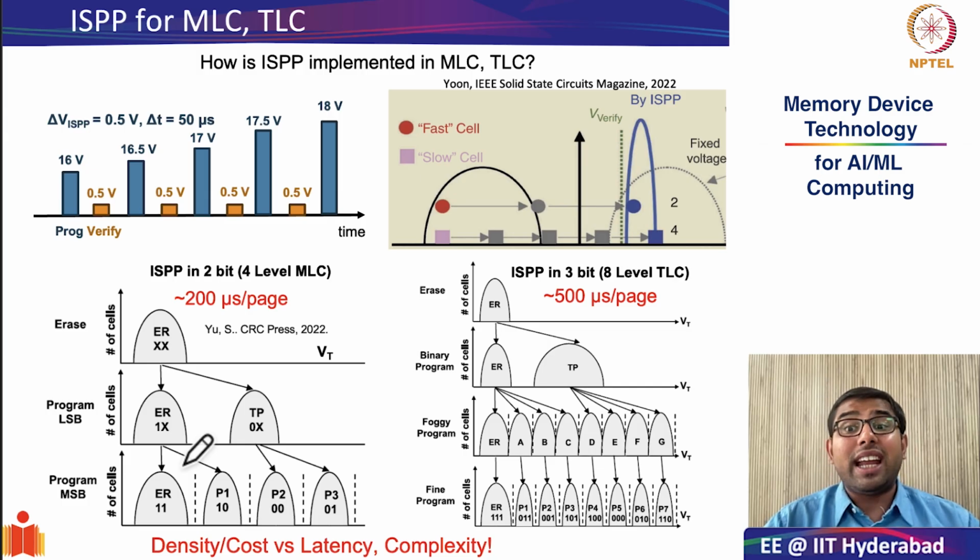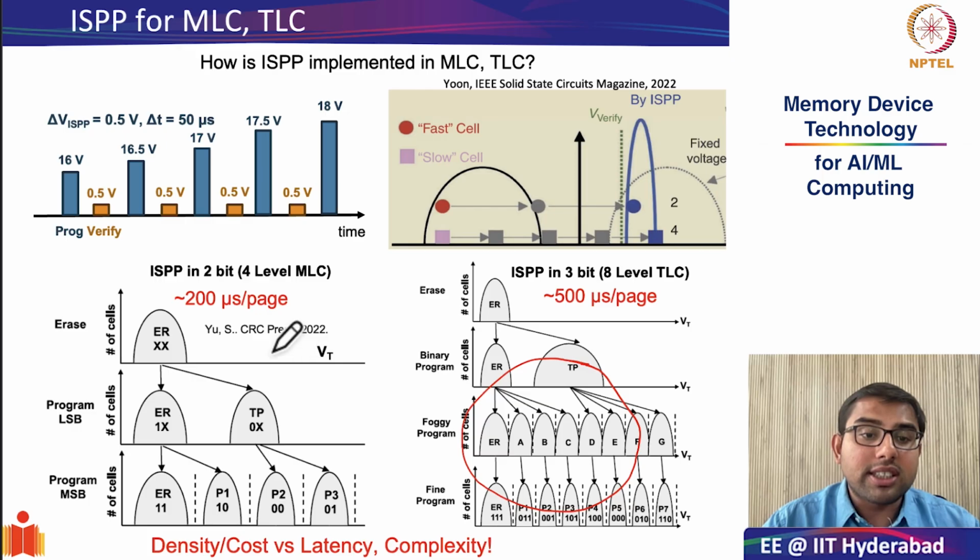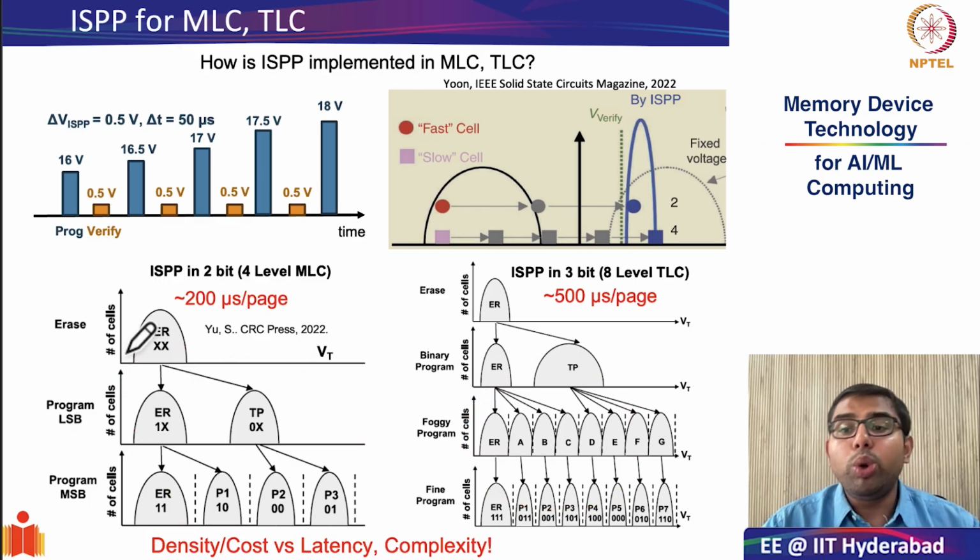Also, we saw that bit scaling comes with its own set of challenges. There are no free lunches, as I say. While cost per bit improves drastically, it causes problems in reliability, something that we will discuss in detail today, and also performance. Both reliability and performance suffer when we go from SLC, MLC, TLC to QLC, right? The primary reason is that your noise margins are reducing, and there is more programming of threshold voltages. As you can see in this schematic, it takes more time to do both program and read.